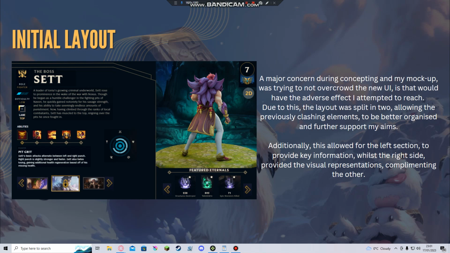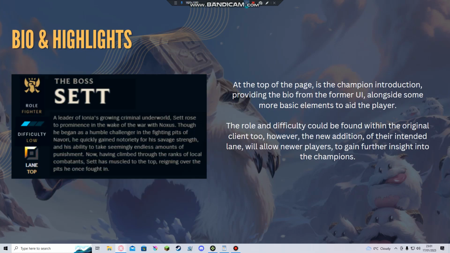So with these sides, we had the left side, which would provide all the information that the player would require, and the right side, which would give visual representations of these elements, trying to complement each other. So the bio is the first part of the left hand side, which is the basic champion introduction, and the highlights are once again the basic elements that the player must understand